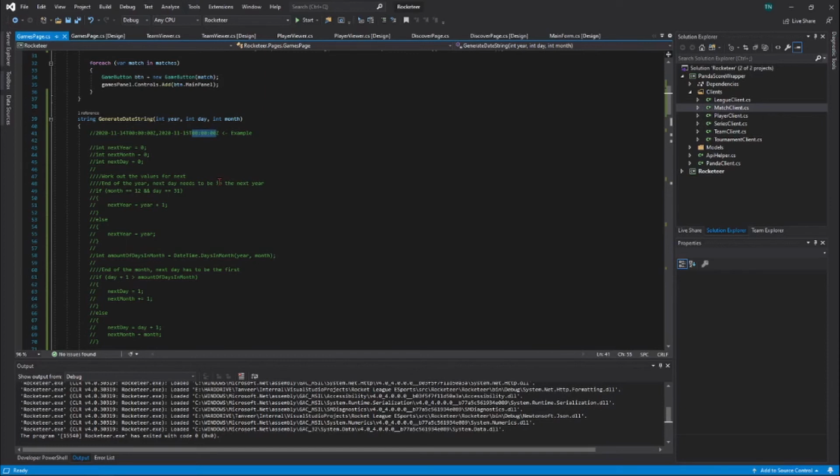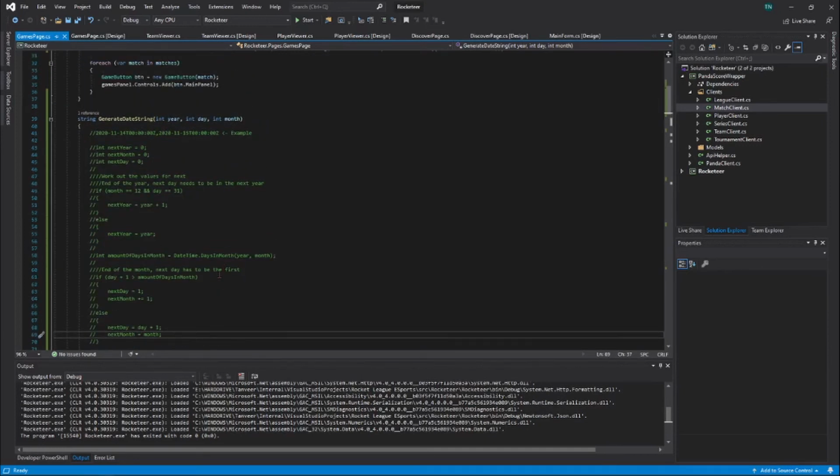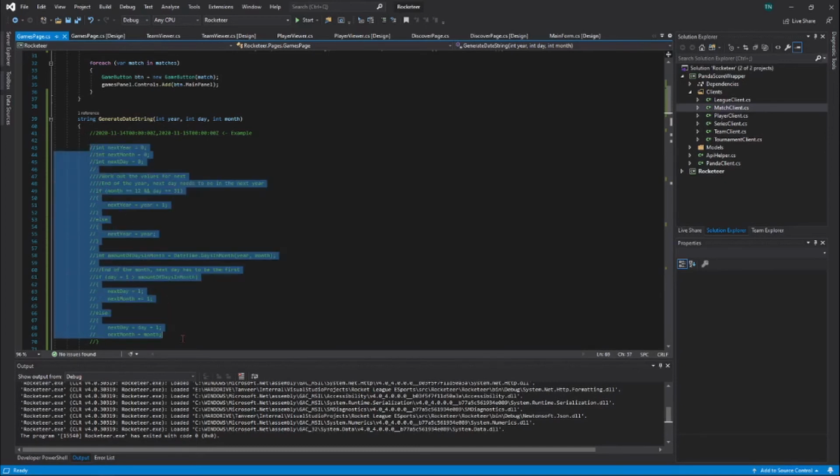But that would mean I would have to implement some extra logic. So I'd have to implement a way to increment the day, but then I have to increment the month if it's the last day of the month, and then also have to increment the year if it's the last day of the year. And that's what I started doing, and I actually did finish the implementation. It was pretty easy, but I just thought to myself, why have this whole implementation when I